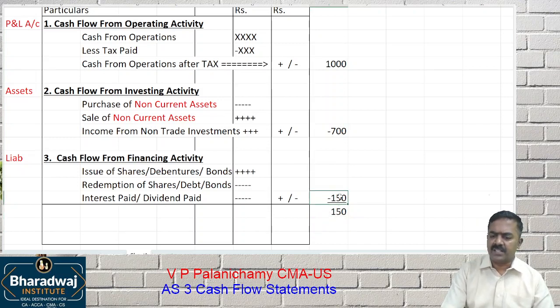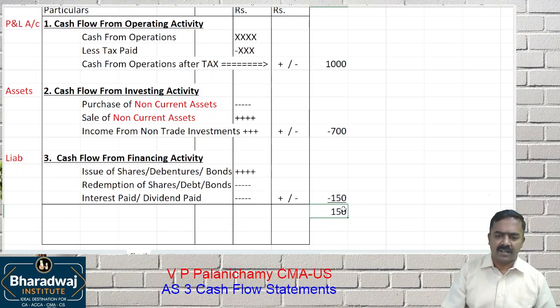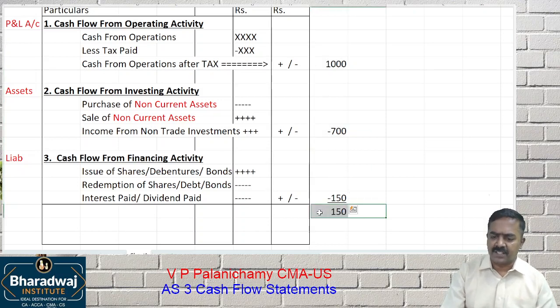Because of this, from opening balance to closing balance, cash would have increased or reduced. Opening balance, some amount of cash and bank balance was there. After all these things, whether the cash balance would have gone up or gone down. Is it a surplus or deficit? Surplus. So it will create